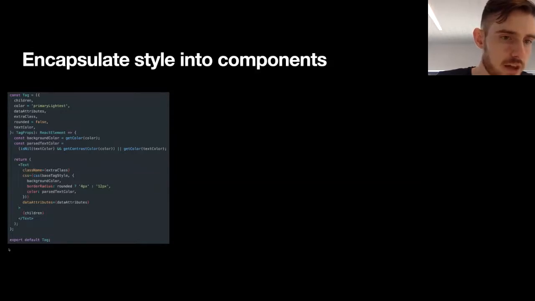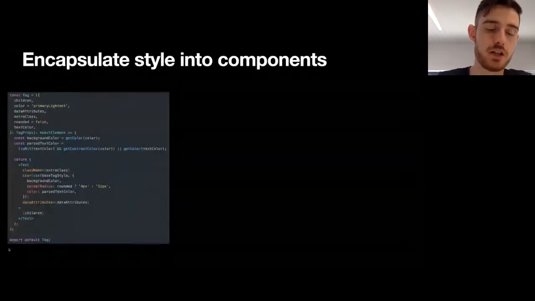So within our render, we are rendering a text element, and we're setting a CSS prop that sets a few things, the color, a radius, background color, and some other styling. So the nice thing about this is it allows us to include logic like controlling the CSS via a prop. So in this case, it's a tag that you can set a background color on. By setting that color,